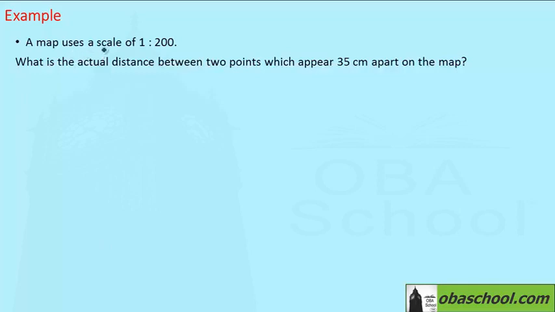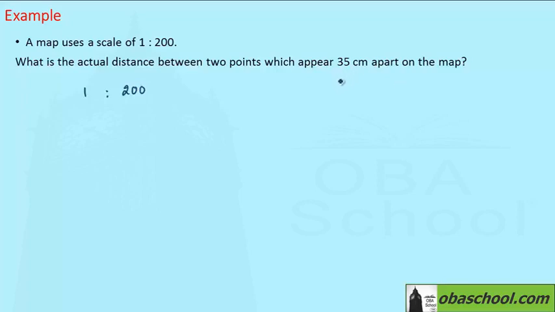A map uses a scale of 1 to 200. What is the actual distance between 2 points which appear 35 centimeters apart on the map? So this is a map that is produced using a scale of 1 to 200. We should find the actual distance between 2 points, given that the distance between the 2 points on the map